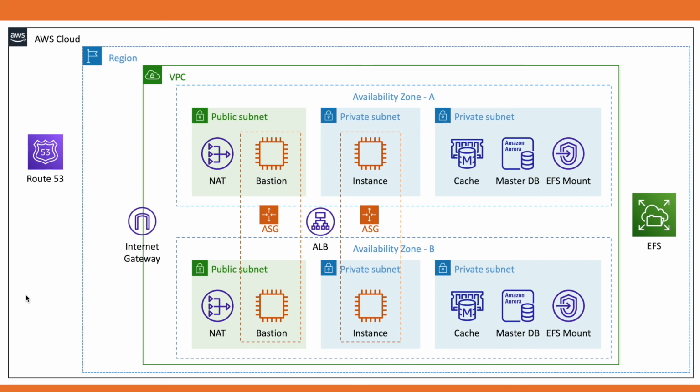A master and replica Amazon Aurora database along with ElastiCache in private subnets across AZs. An S3 bucket to store and serve the static content. If you remember, S3 stores data across multiple facilities in an AWS region. That is the reason why S3 sits outside availability zones. And lastly, a CloudFront distribution to reduce latency and cache content close to our end user. CloudFront serves the cached content from the edge locations. That is why it is a global service and sits outside an AWS region.